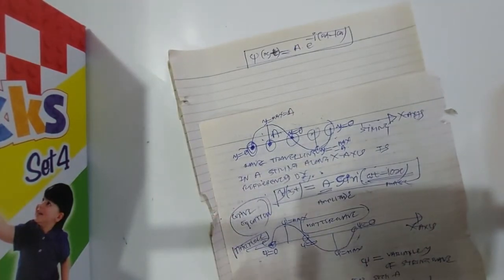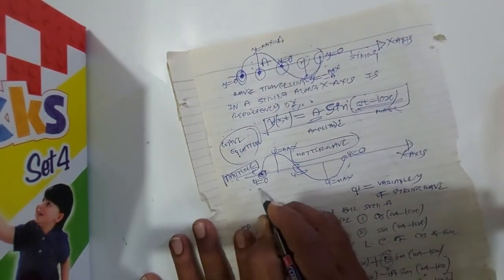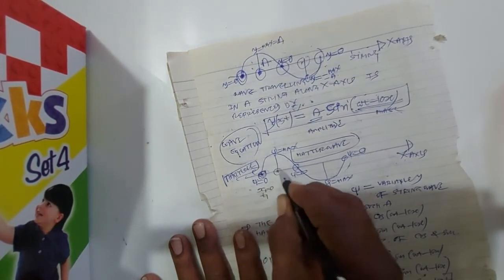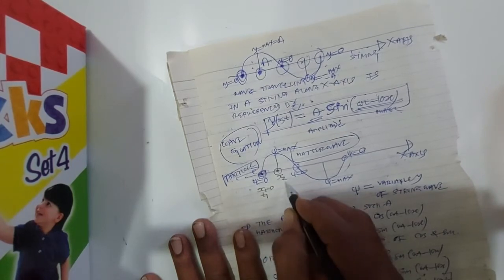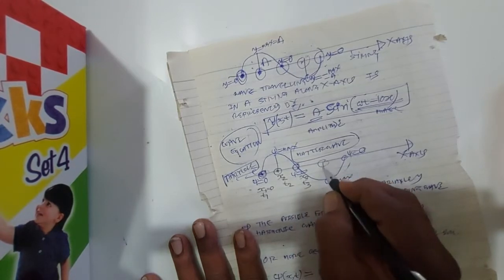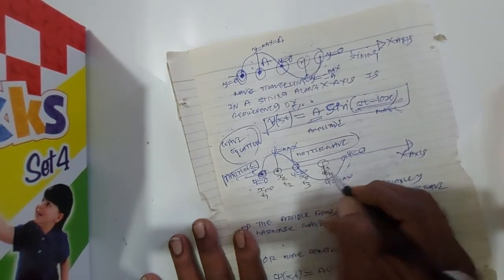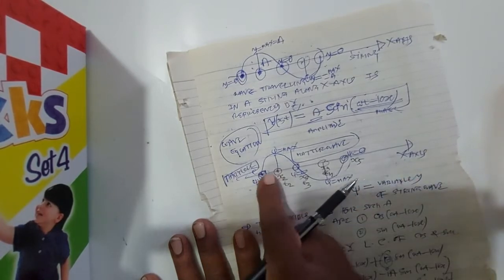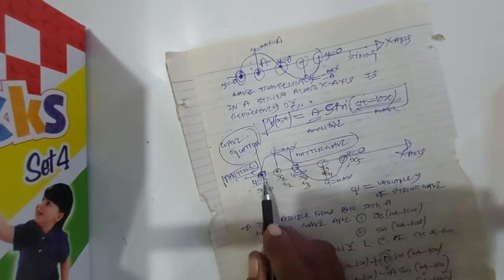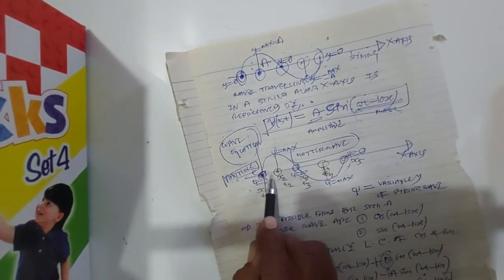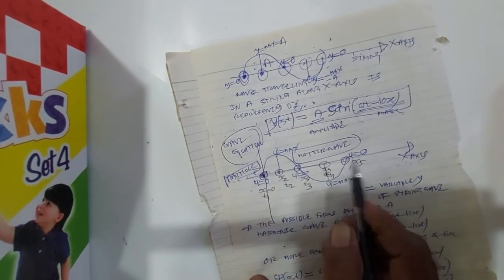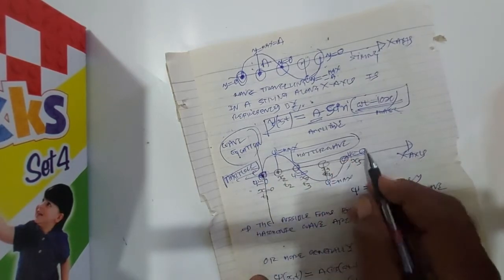Suppose at this point the value of x1 is 0 and time is t1. At this point the value of x is x2, time is t2. At this point x is x3, time is t3. This point x is x4, time is t4. The value of x is the distance measured from the origin along the x direction. At this point, the origin, x will be 0. At this point x will be 1 centimeter, this point 2 centimeter, this point 3 centimeter, 4 centimeter, like that, right? So at this point the value of x will be x5 and time will be t5.